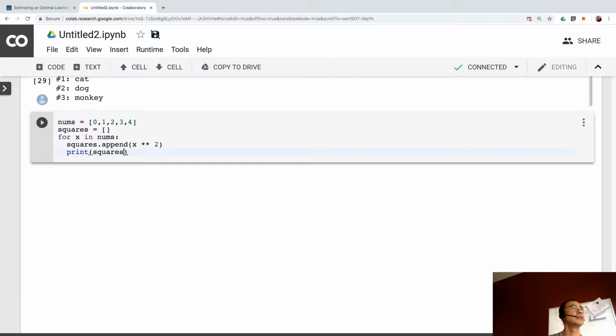Okay. So what does it do? First, we are creating an array of nums, 0 to 4. We're creating squares, which is just an empty array, right? And then we're creating this loop here, which says for x in nums. So what is the first iteration of x? It's going to be 0, right? So x is 0 over here, first iteration. And then it will execute this code, right? x is 0, which means